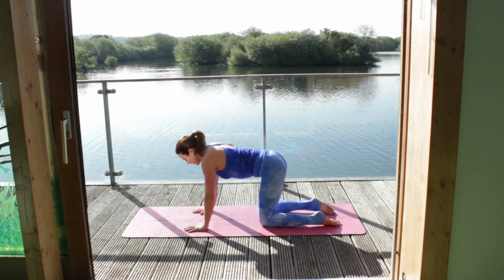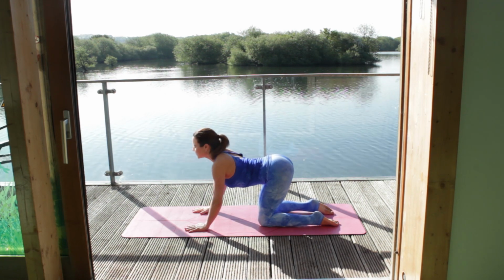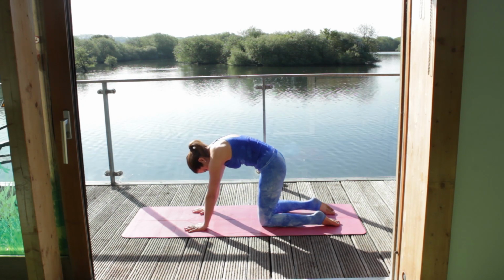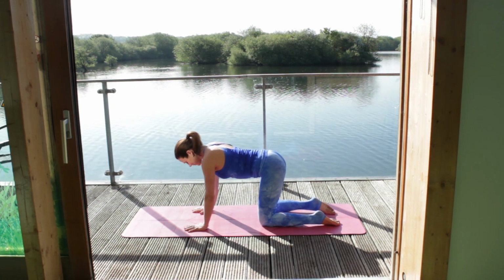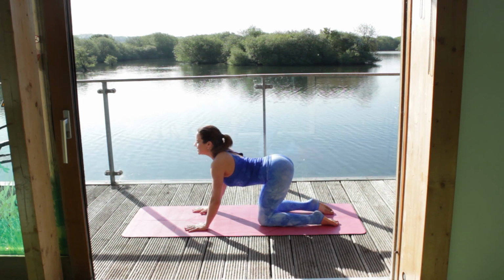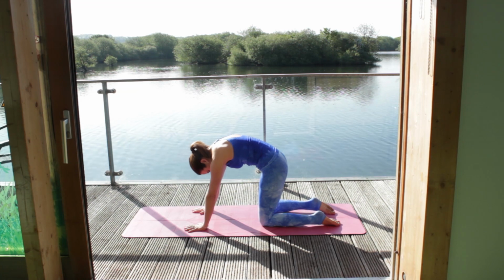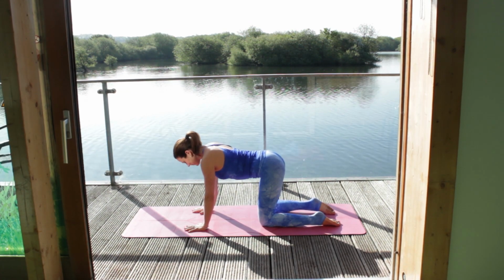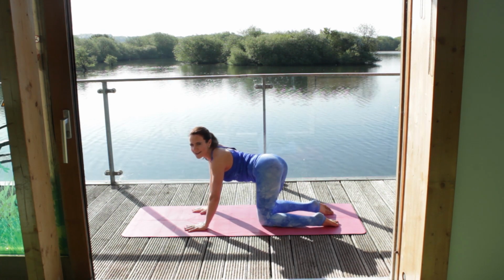And a couple more of the cat stretch, just working through the spine. Nice, easy movements. And the next time your tummy works in the direction of the mat, just give your tail a bit of